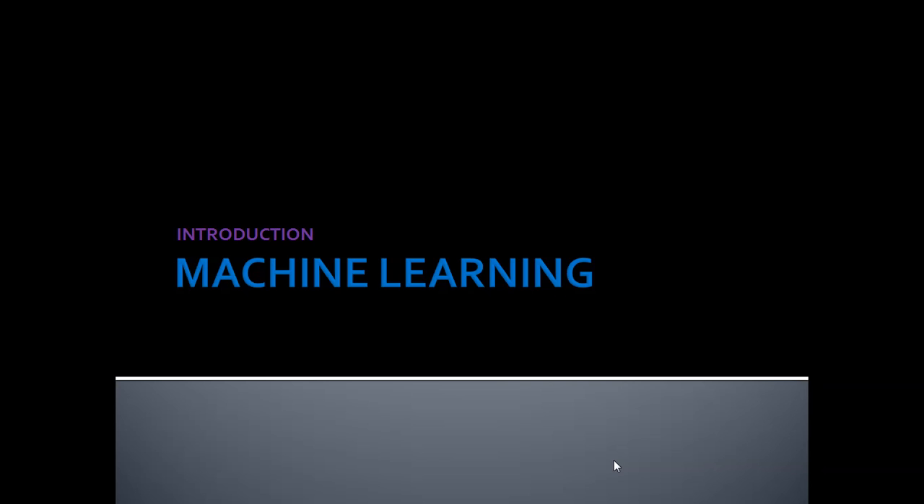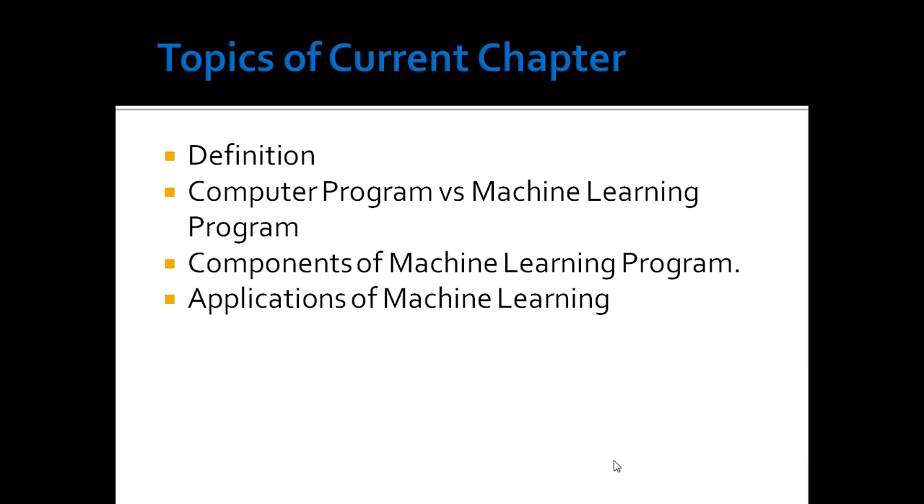The topics that we are going to discuss in the current chapter are the definition of machine learning first. Then we will come to a brief distinction between the traditional computer program versus the machine learning program, right? We will also discuss components of a machine learning program, and then we will discuss what are different applications of machine